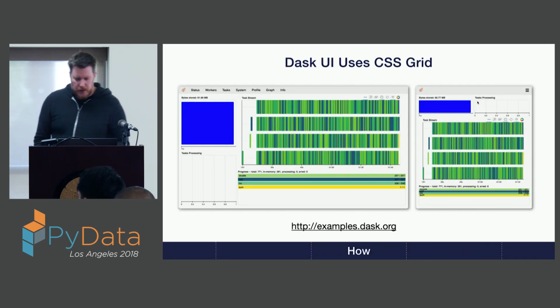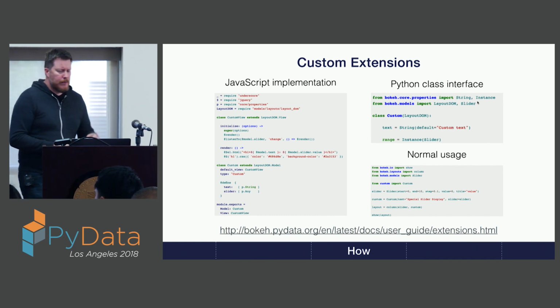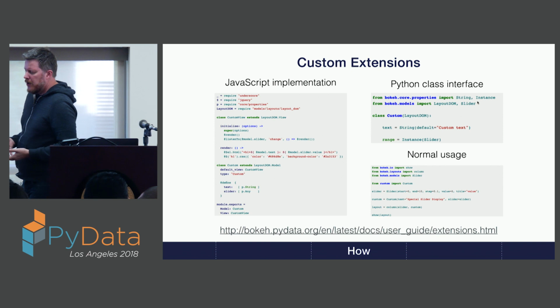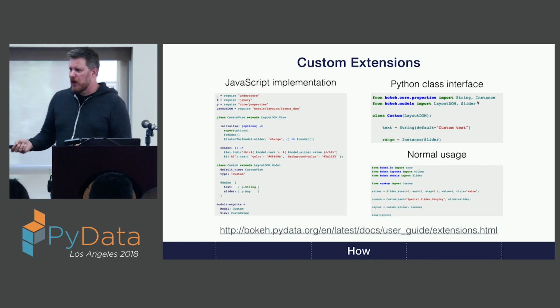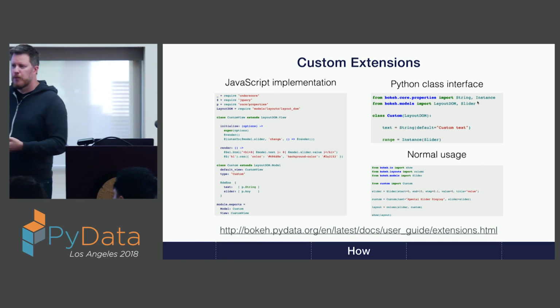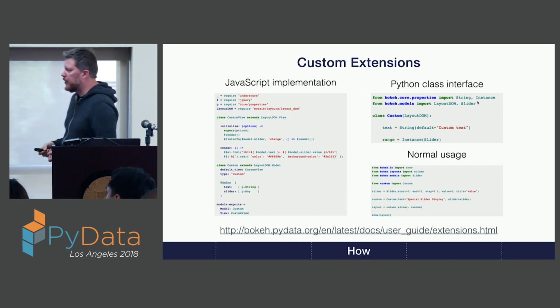Okay, so another thing that's worth mentioning is custom extensions. I'll mention this very briefly, just to say that Bokeh is extensible, right? So the core team will never be able to do every awesome idea that users have, right? There are a lot of great ideas that people have that, for whatever reason, we couldn't consider putting in the library itself, just because maybe we don't have the resources to maintain it, or maybe it's too specialized. But